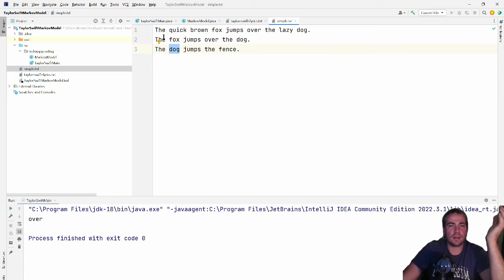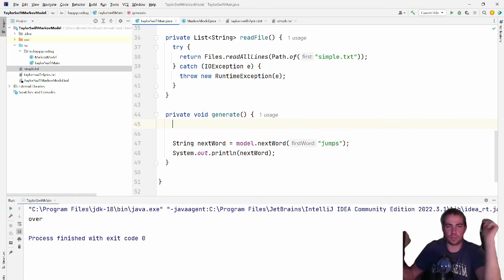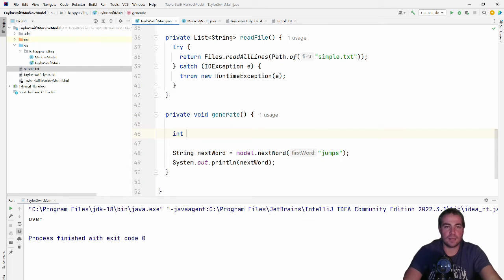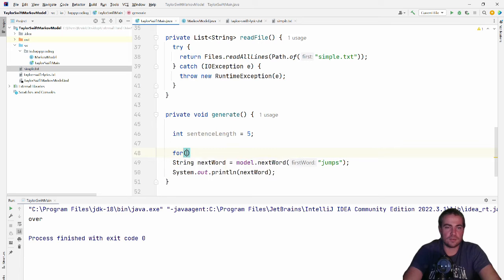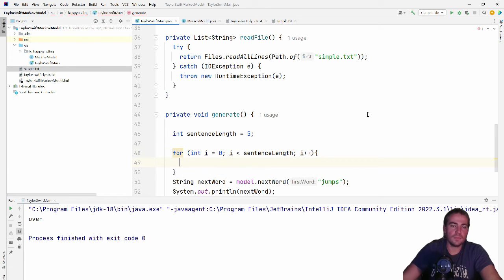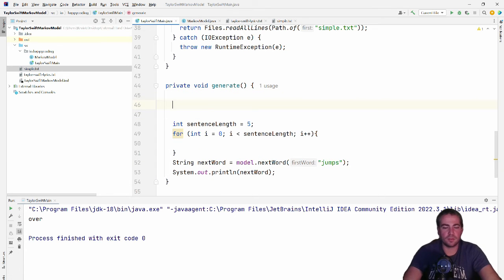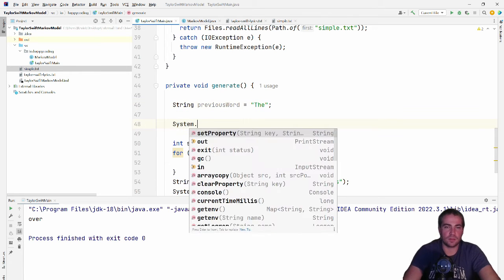So next, I wanted to string that up. What I'll start with is, it's up to me, how long do I want my sentence to be? So I'll say int sentenceLength equals, I don't know, maybe 5 words. I want 5 words. So what I can do is say for int i equals 0, i is less than sentenceLength, and then i plus plus. And what do I want to do? I want to do a couple of things. First, I want to remember the previous word. So string previousWord equals, and I'll start it out at "the", and how do I want to print this out? I will print out the previous word here, System.out.print,